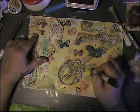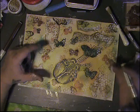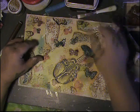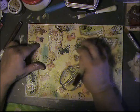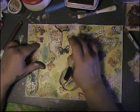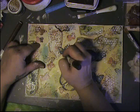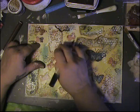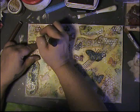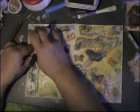Well, at the end I do like the way the background came out. It was very subtle. That's what I was looking for, a very subtle background. I was thinking today of, instead of using the gelatos, using these chalks that I had bought a long time ago, and I haven't really used them yet. I wanted to use them, but then I thought, what if they don't work out? I'm more comfortable with the gelatos because I have used them before. So I went ahead and did the background with gelatos. But I do want to try those